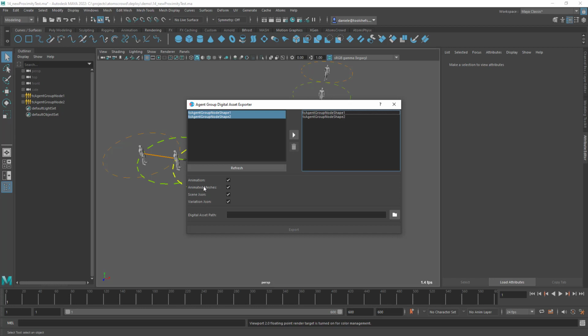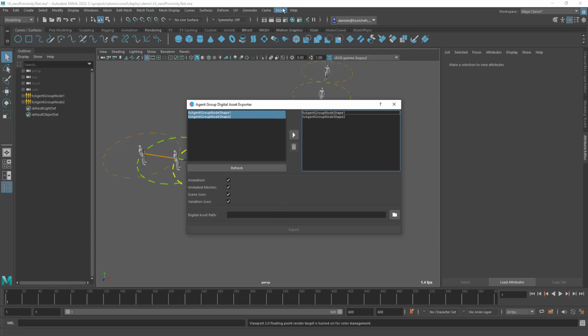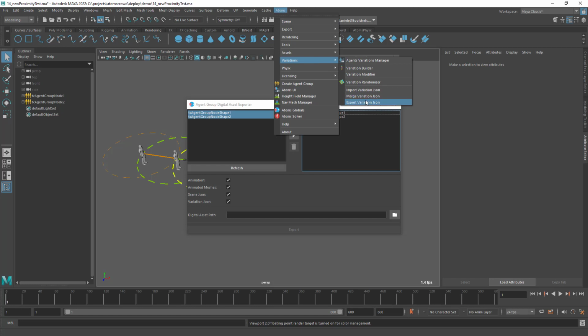Then here we have some options. These are kind of important also regarding performance when you export your ADA file. The short form of Atoms digital assets is ADA, and that's also the file extension for the file. So these checkboxes are quite simple. Scene JSON, you're going to export the scene JSON, which is the same thing that you can do from here, Atoms, export scene JSON. Variation JSON, you're going to export the variation JSON, which is the same thing that you can do with export